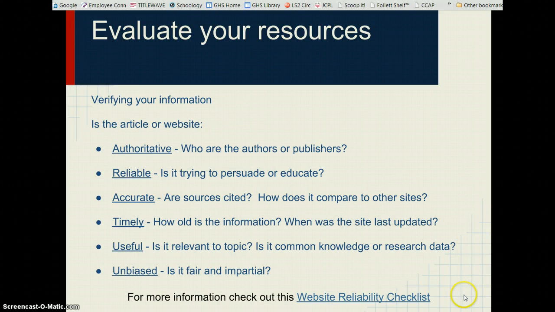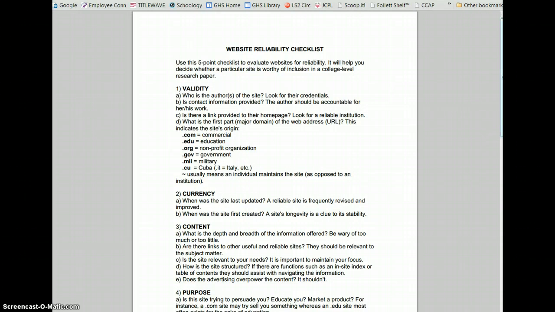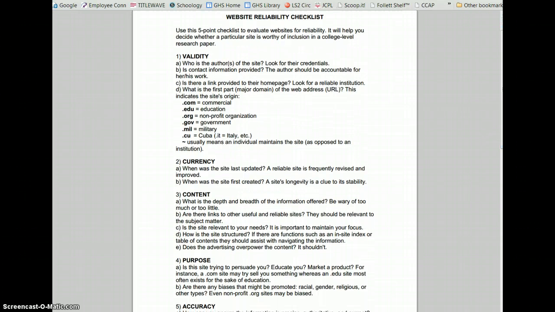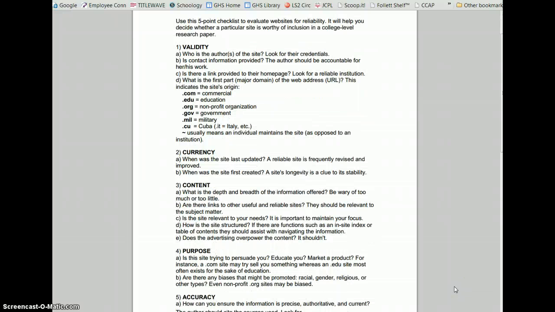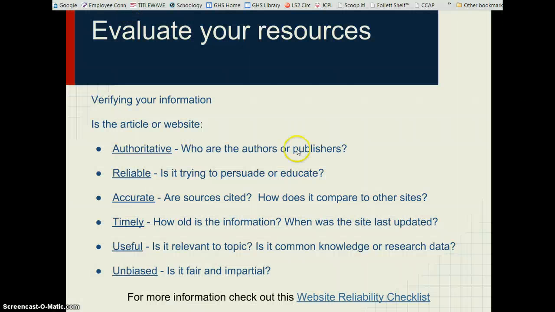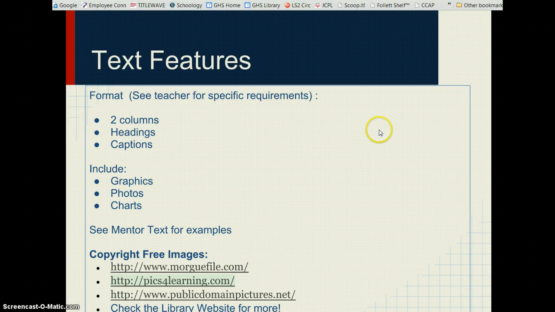So last but not least, you really need to remember that if you are using websites, that you do go through and evaluate whether the article or website is going to fit within this reliability checklist. And I really like this last little guy here. The document links you to a website reliability checklist, and you can use these 5 points to determine, is this a good website to use or not? So I do recommend using this to evaluate that so that you know that the information you're getting is actually quality information. So that is really the end of my little talk, except for to mention that you will be